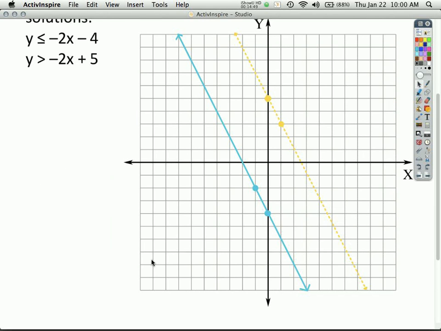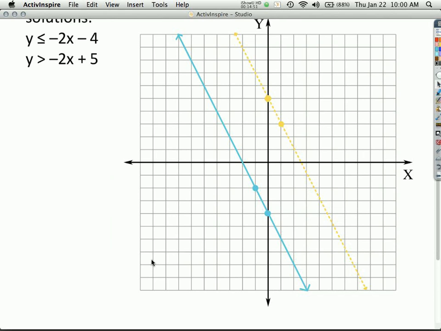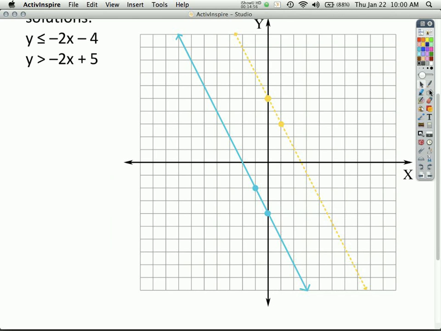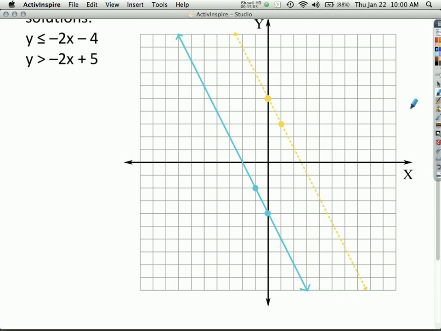So we can pause here and look at the shading. So now we're going to focus on the blue line for you, the line further to the left, and we need to shade. So where are we going to shade for the blue line? Are we going to shade up above the line, or are we going to shade down below the line? Aaron and then Ethan. Ethan, you agree? Okay. So we're going to shade over here. So go ahead, everyone. We're going to work together. We'll go ahead and shade.